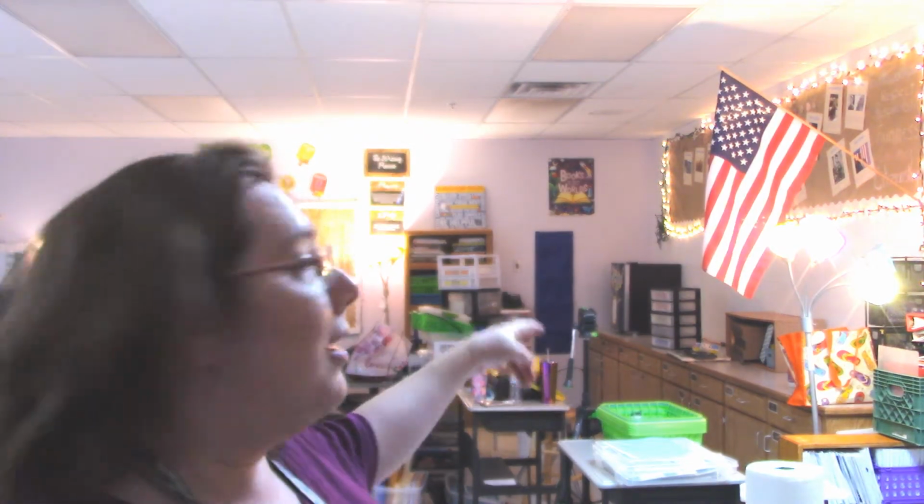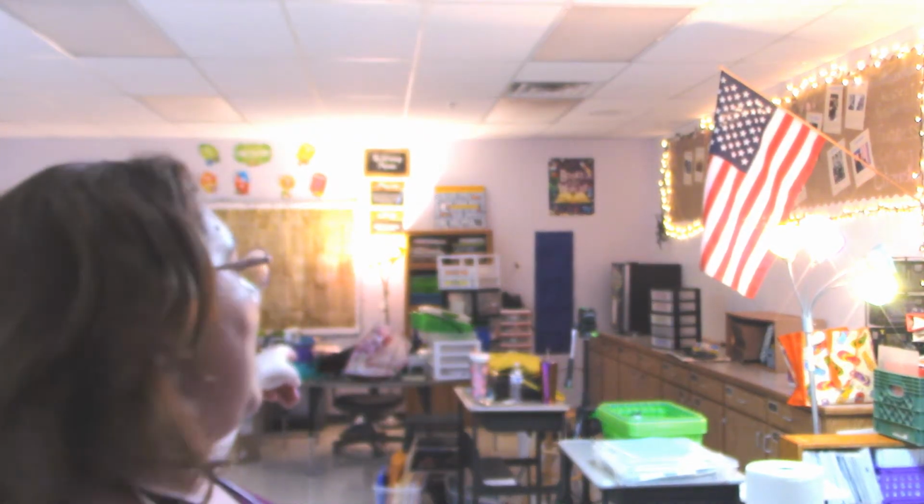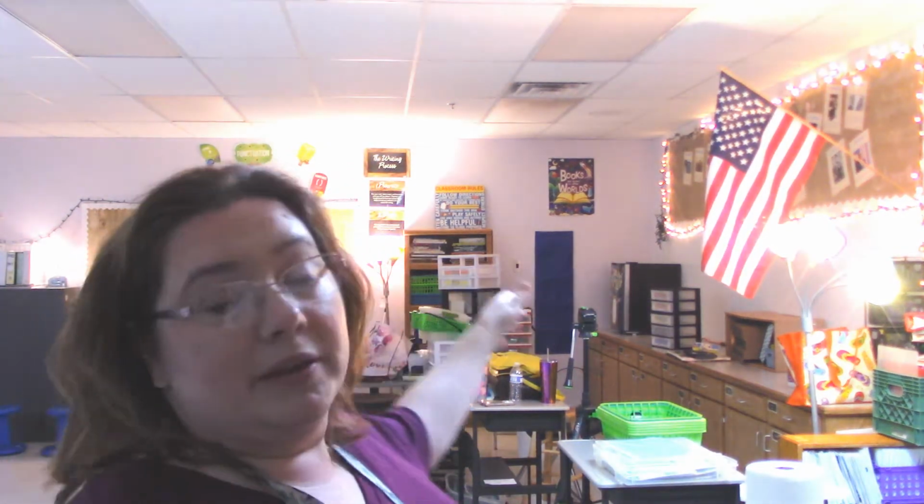Basically what I'm doing right now is working on getting this counter cleared off, this table cleared off, and figuring out what to do with a lot of the stuff that over the years I have used for community supplies that aren't going to work this year. I usually have all the supplies laid out on the counter, and that's where the students come and get their paper, their pencils, their erasers. I've got it all set up so it's easy for students to come get stuff. But this year we have to have everything at their desks, which I hate. This is gonna be a mess. Anyway,